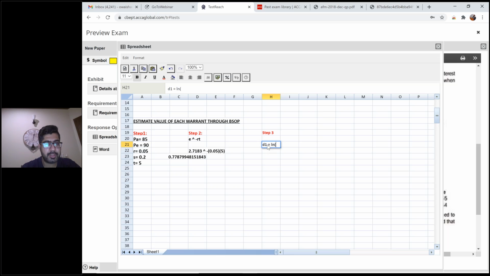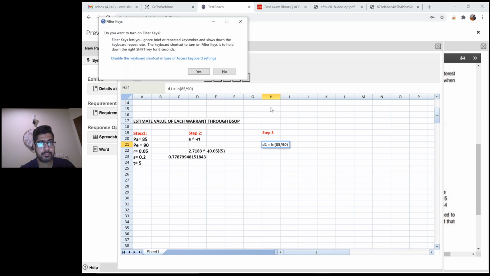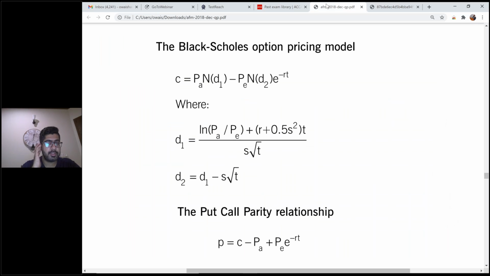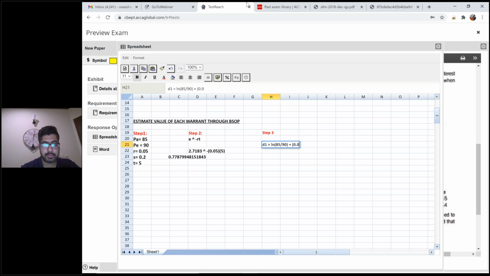What is PA? 85 over what is PE? 100, plus bracket open, see the formula, R plus 0.5 S squared, bracket close T. So in the bracket, R plus 0.5 S squared. So R is 0.05, plus